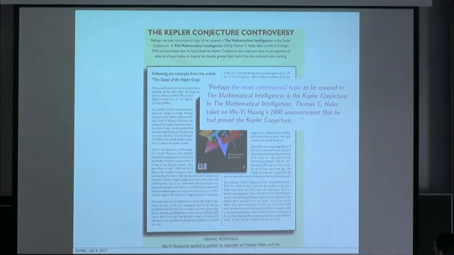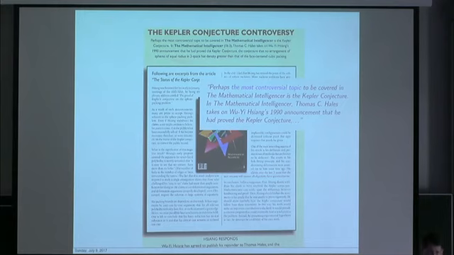In the Mathematical Intelligencer, Thomas C. Hales takes on Wu-Yi Hsiang's 1990 announcement that he had proved the Kepler conjecture, and then it quotes about a page of my article in that advertisement. So we had a very public and disagreeable debate about this claimed proof. In the end, my counterexamples were convincing enough that this earlier proof was rejected. But